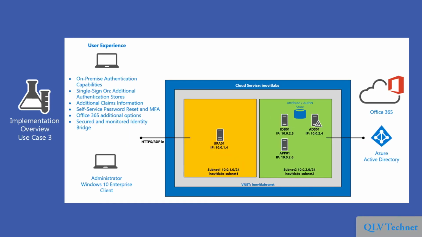In this last use case, you will learn to configure and manage the on-premise authentication capabilities and the integration of cloud services into your solution. Especially, you will configure the following features: the usage of the basic on-premise authentication mechanisms like basic authentication, Kerberos, claims-based and certificate-based authentication. Single sign-on to Office 365 through the authentication to an additional authentication store,